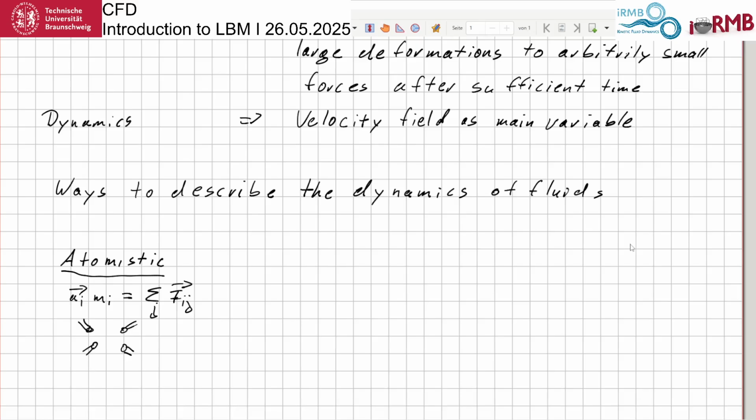That is where you can describe your fluid, and you can also simulate your fluid. This is then done with what you call molecular dynamics. And in molecular dynamics, we are interested in the individual particles or molecules. So this is, you could say, one end of the spectrum, and then on the other end of the spectrum,